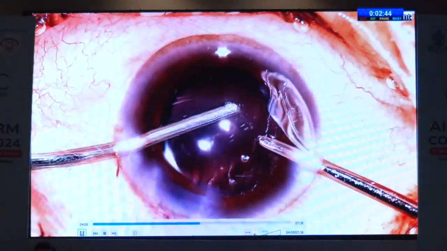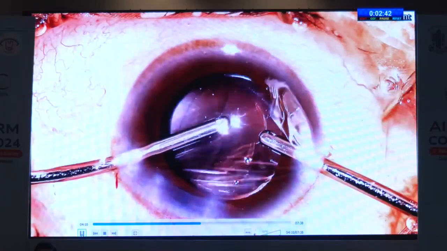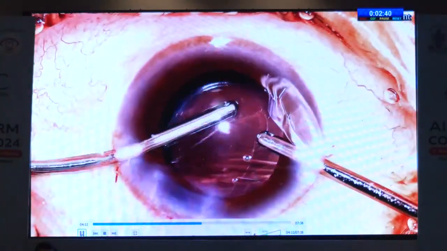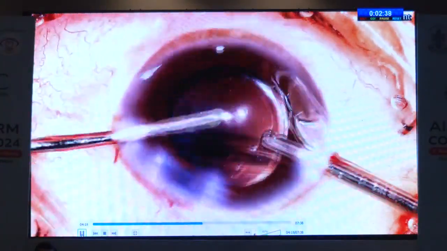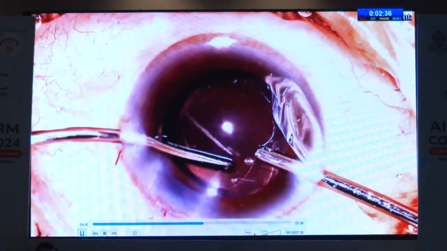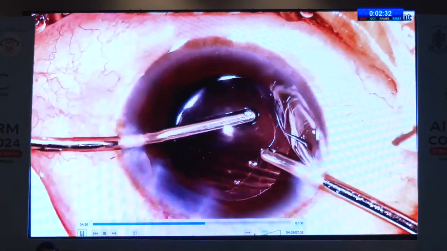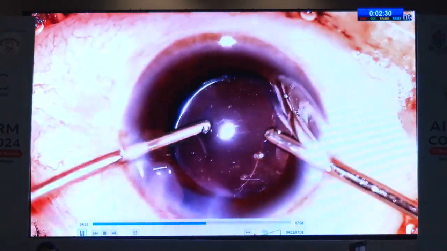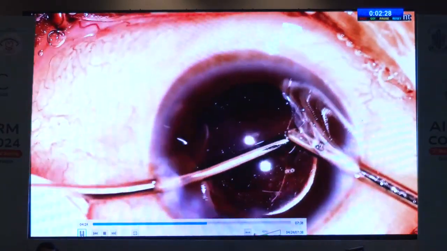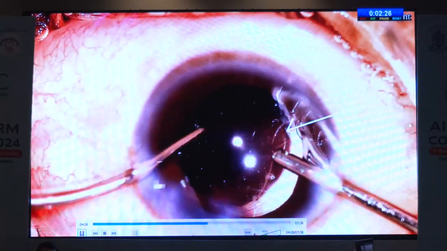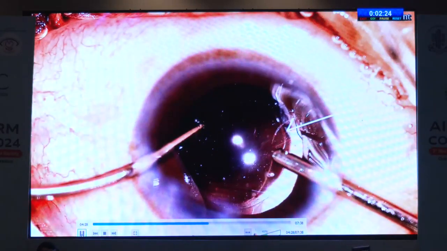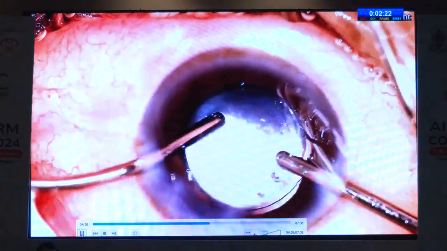I do a gentle rock and roll, and I claim to do an even gentler rock and roll in a polar cataract. But here, when I'm actually being rather gentle, and this typically is my slowest step in my phaco, when I'm just removing the viscoelastic, the mere nudging of the optic posteriorly is enough. Can you see that? There you see. It's actually torn, and the typical spindle is starting out there.